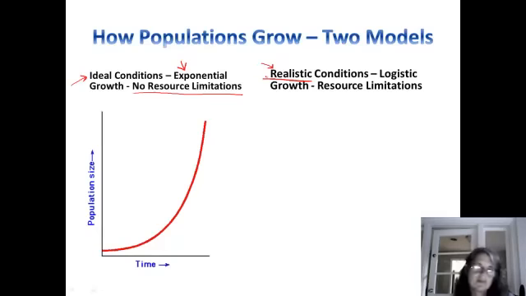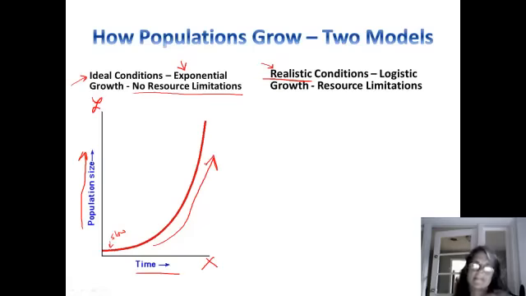Now, exponential growth, generally speaking, produces a growth curve. If you were to plot growth over time, here's your population size on your y-axis, and your time is going to be on your x-axis. Over time, we can see that the population number is just going up, and it starts out with fairly slow growth. It takes a while to get going, but once it gets going, the growth just shoots up. It dramatically takes off and starts escalating very, very rapidly. That is a typical J-curve,